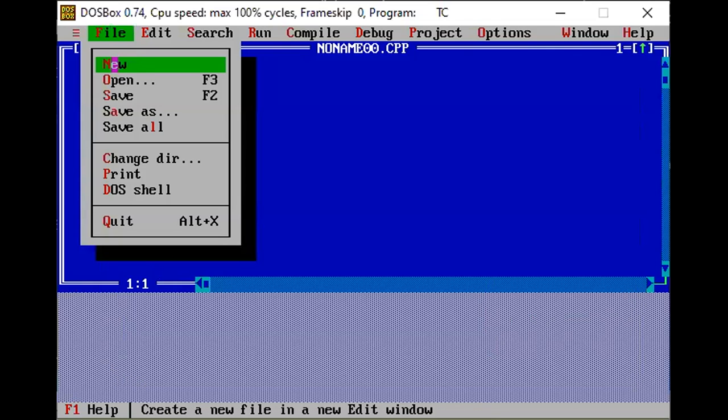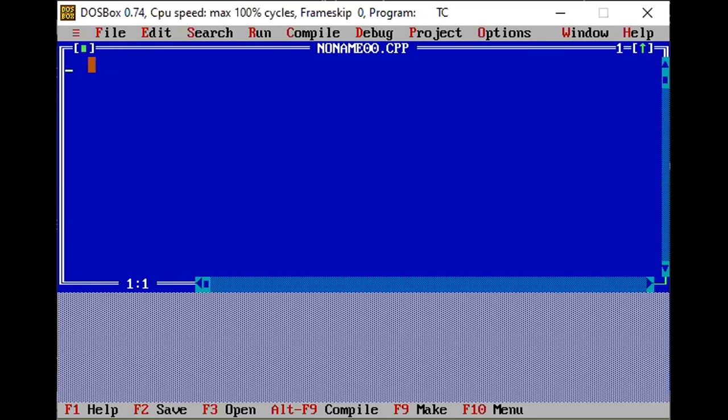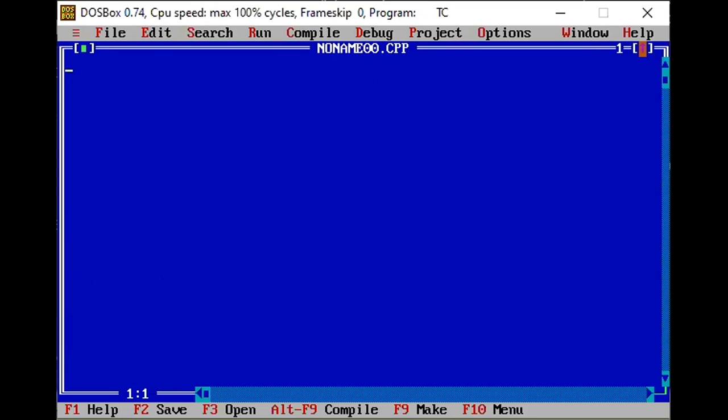So let us start our new file. For writing a simple C program, I would like to show you how the basic C programs are written and how they are executed. So I will select my new program. Already an empty file is available for me. The name of the file is NONAME00.cpp. CPP is the extension for C++ programs, whereas .c is the extension for C programs. Once I click onto this arrow mark, my whole screen will be covered for my editing purpose. Now we have seen the basic 7 steps to write a C program.